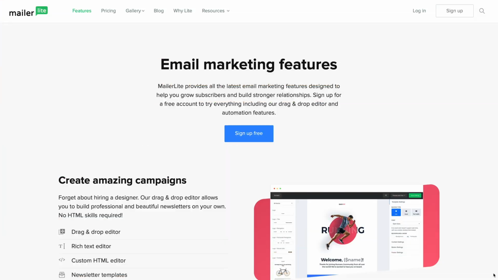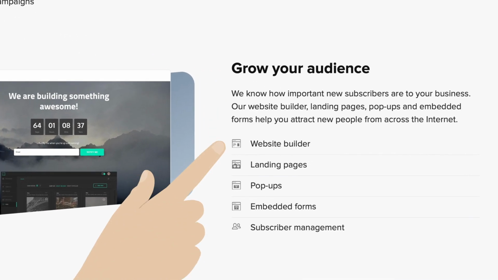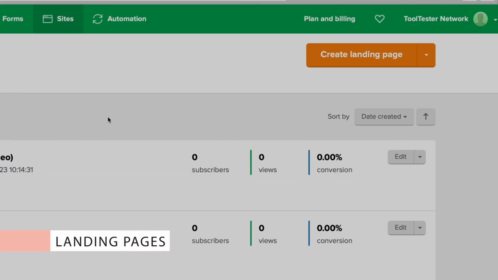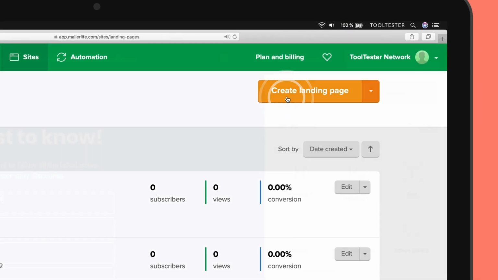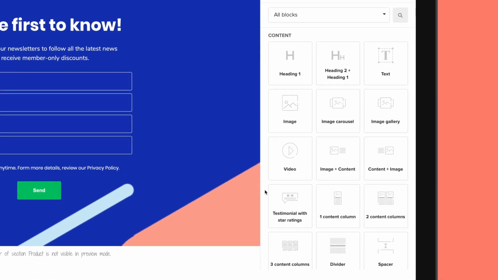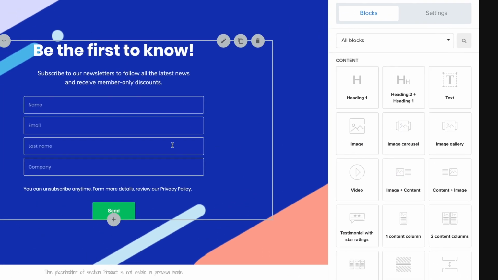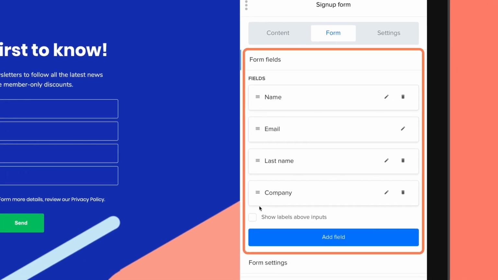Another big advantage of using MailerLite is the variety of web forms available and its excellent landing page editor, which is even available on the free plan. Creating a landing page is much the same as creating a newsletter. This mirroring of design works really well for the user experience. In terms of blocks you can add, here you have a few more options at your disposal, such as testimonials, maps, and image carousels. Editing form fields is super simple, and you can add as many as you need.